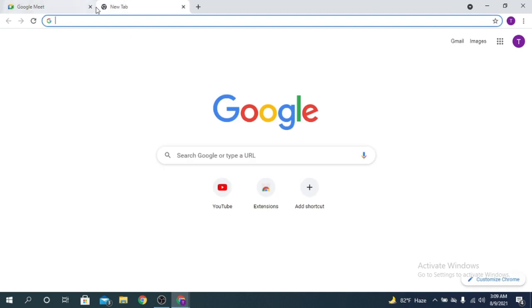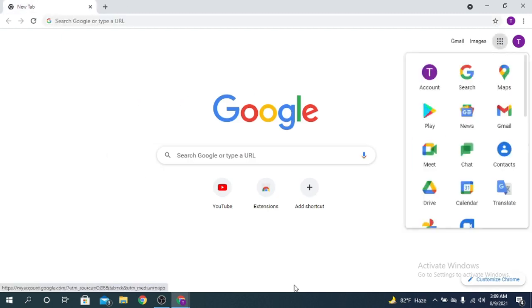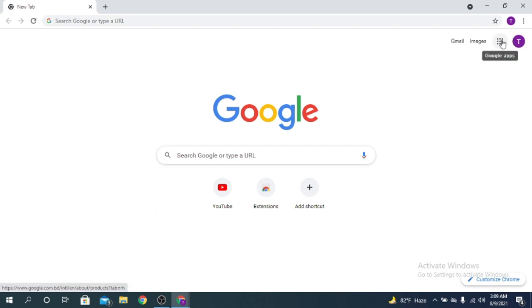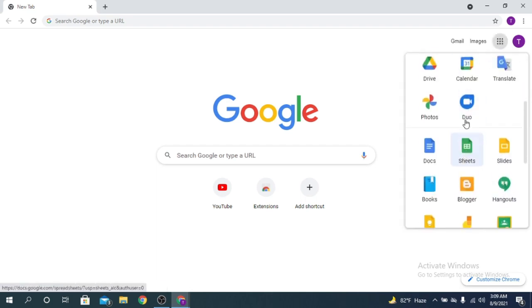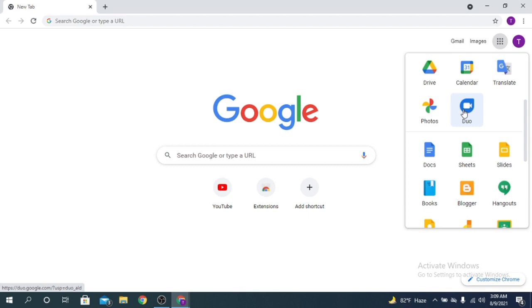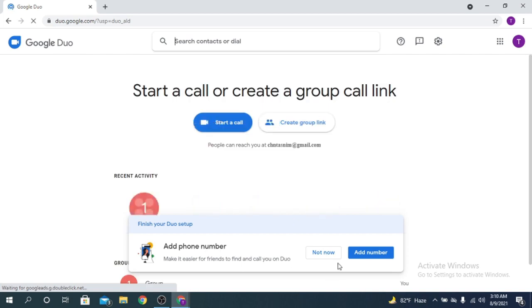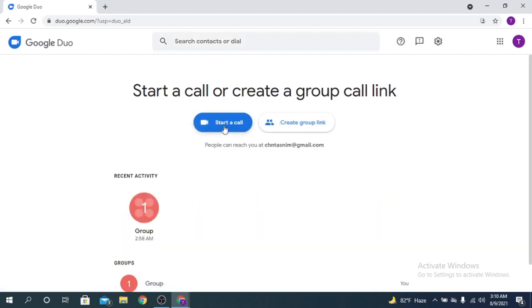Okay, so there's another option, that is Google Duo. You can also do video chatting using Google Duo. I'll show you. You can add a phone number from here. You can start an instant call by clicking here, or you can create a group.